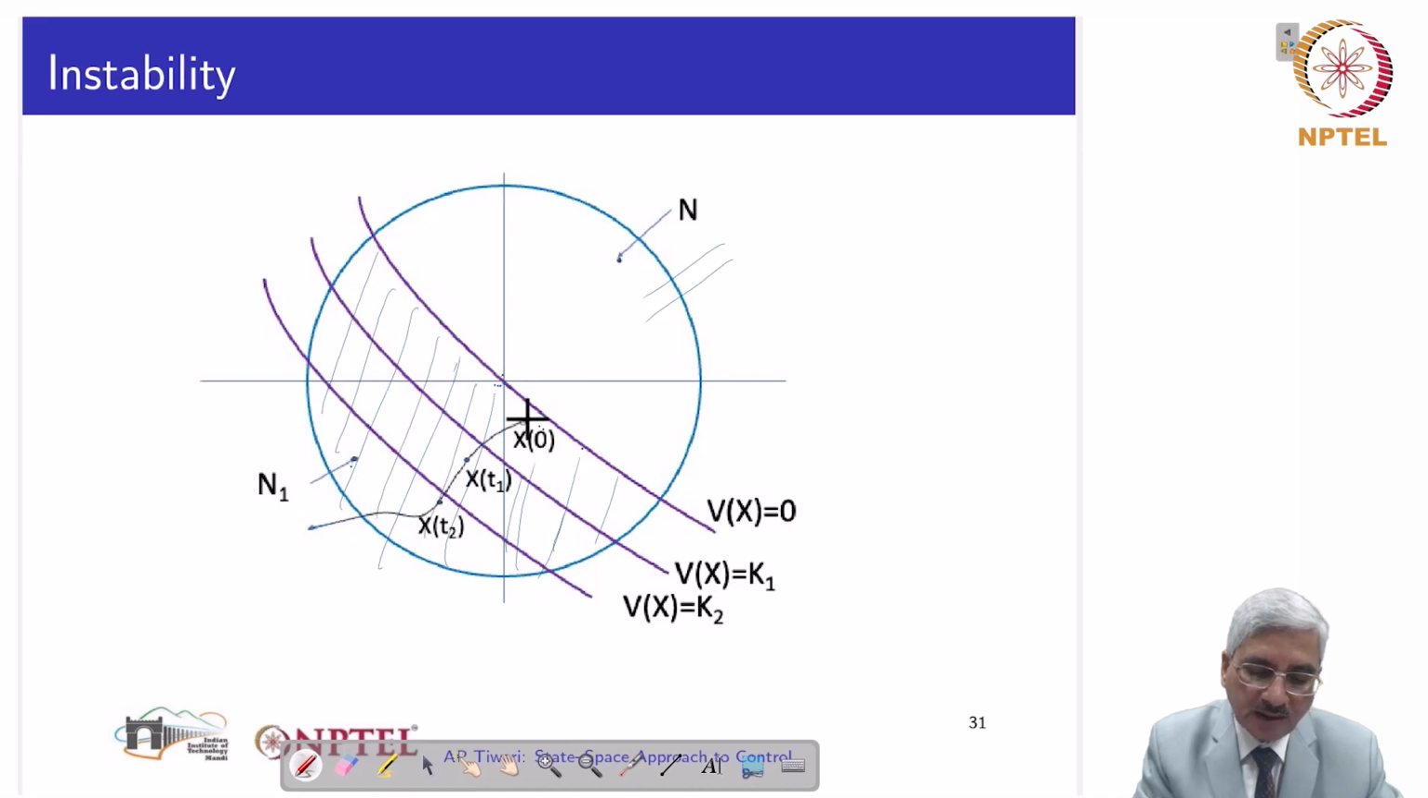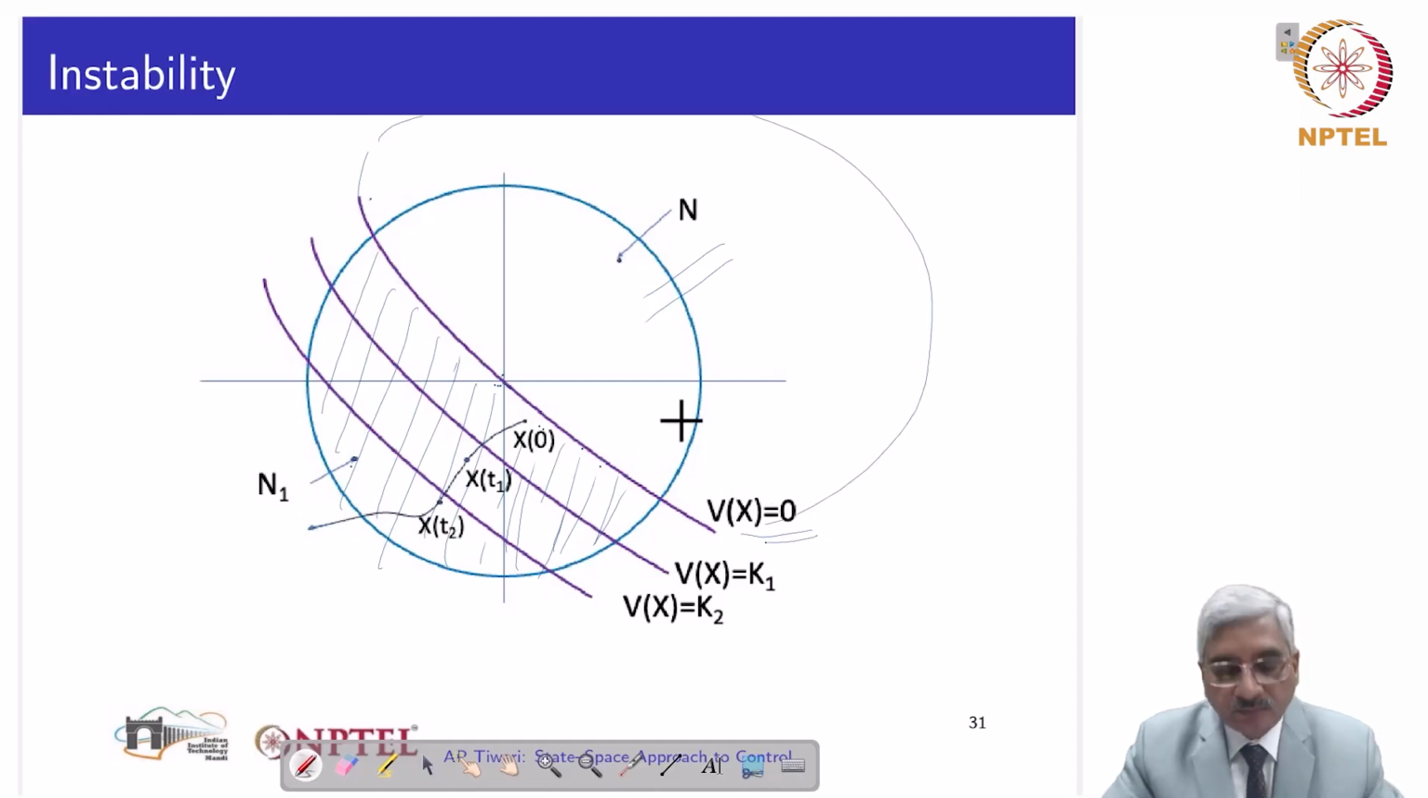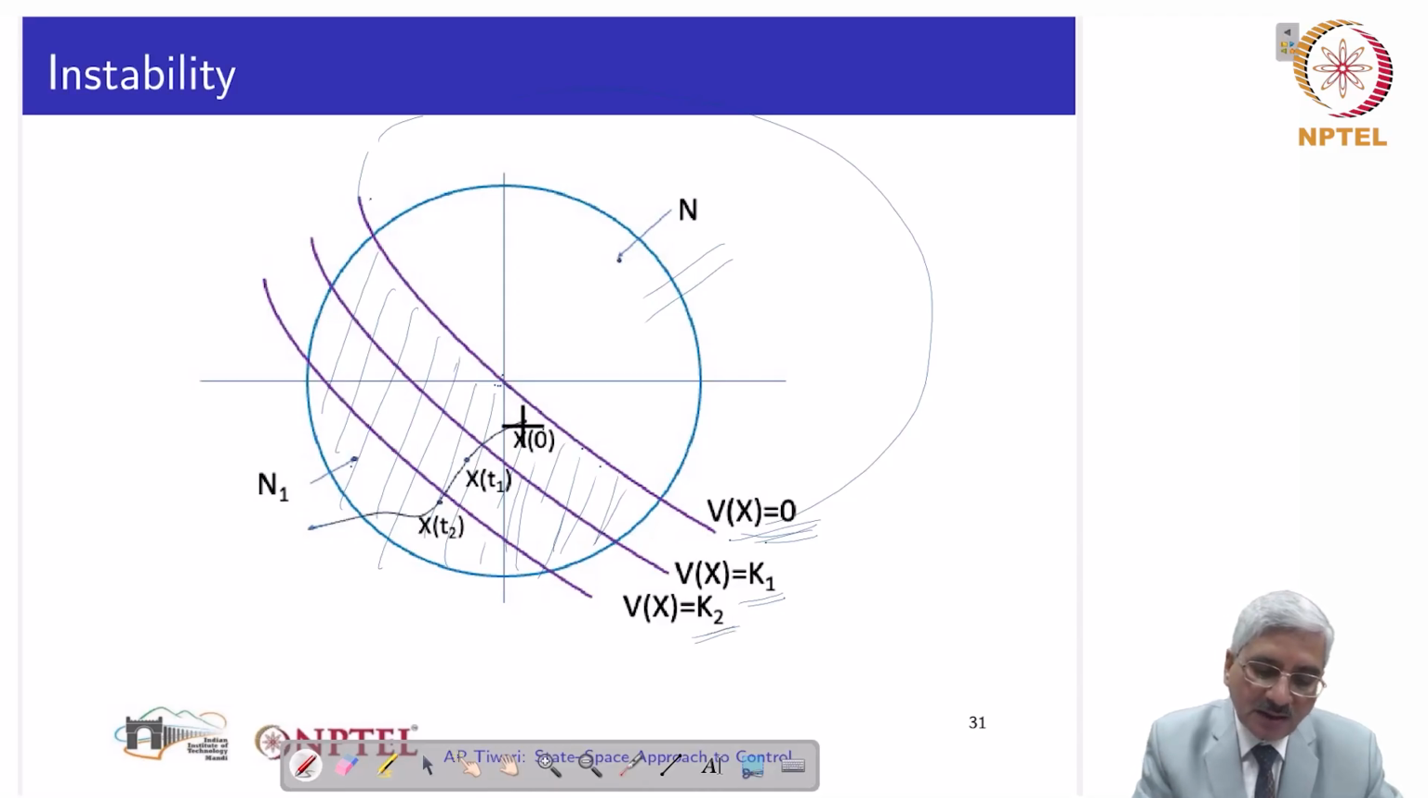Now I have shown by hatching, and we have V(x) which is 0 at the origin, and this is denoting the Lyapunov function V(x), somewhere it will be. Now this is for V(x) equal to 0, this is for V(x) equal to K1, K1 is non-zero, this is for V(x) equal to K2, K2 greater than K1, both non-zero. So if there is some initial condition x0, with time it will grow,